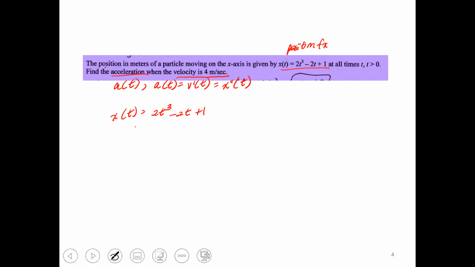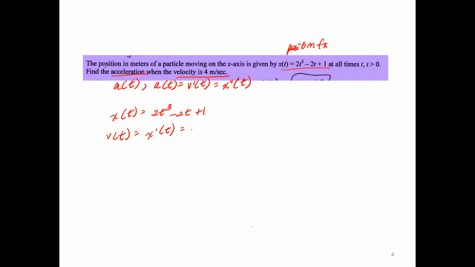Find the acceleration, a of t, and remember acceleration is going to be the derivative of the velocity, or in this case x double prime of t, where the velocity is 4 meters per second. So it's given to you that the velocity is 4 meters per second, and that x of t is equal to 2t cubed minus 2t plus 1. Well, if it's giving me velocity and I have the position function, maybe I should go ahead and find where velocity is. And the velocity is going to be the first derivative of x of t. So in that case, it is going to give you,